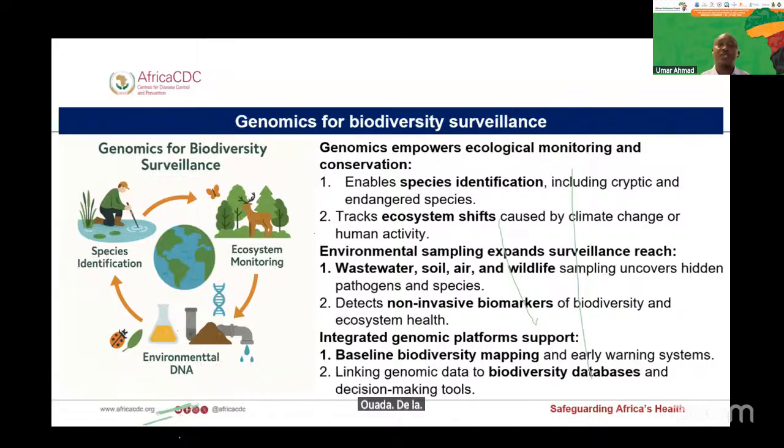This is how genomics can be applied in monitoring or carrying out surveillance systems in the entire biodiversity ecosystems, through non-invasive biomarker discoveries, as well as biodiversity databases, linking what is sequenced in this country with what has been found in other countries. That will inform where the diseases are actually coming from, and we can definitely track using the applications of genomics